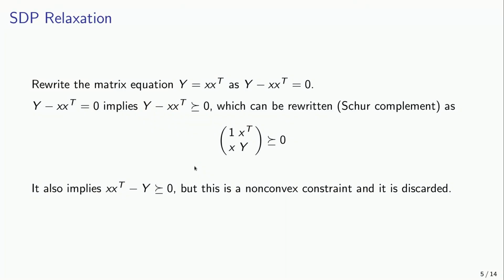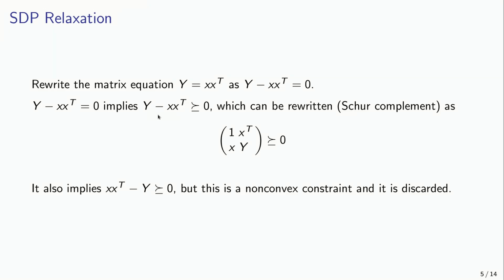So here's the crucial point. Now we're trying to use another technology. And we are still starting from the basic constraint Y equals x times x transposed, which can be rewritten trivially as the difference of two matrices, capital Y minus x times x transpose equal to 0. Now, this nonlinear, non-convex equality constraint is basically decomposable in two